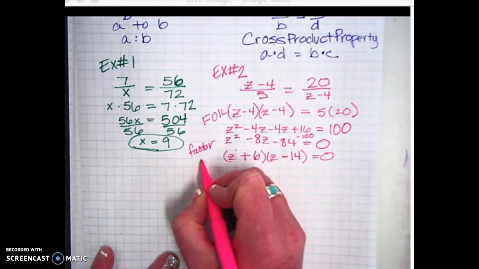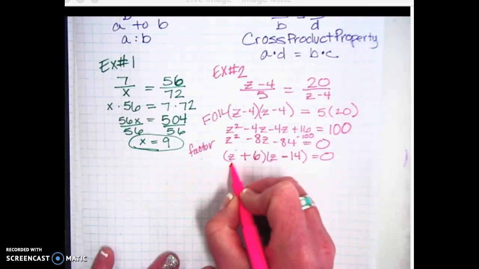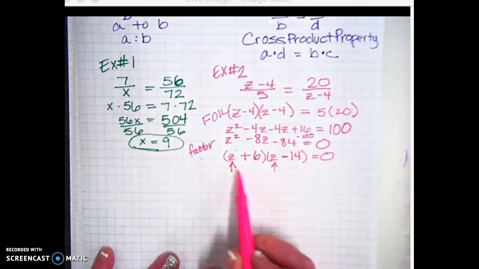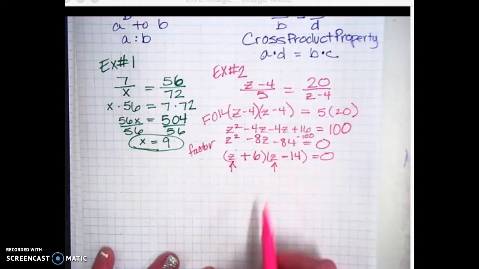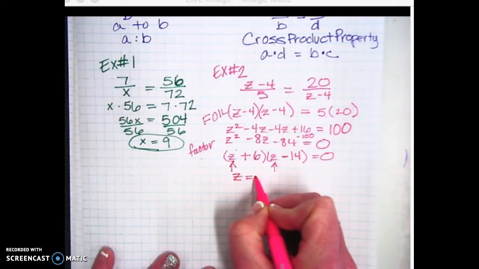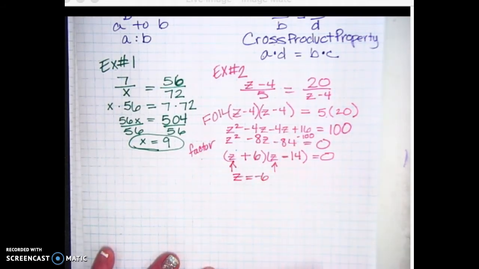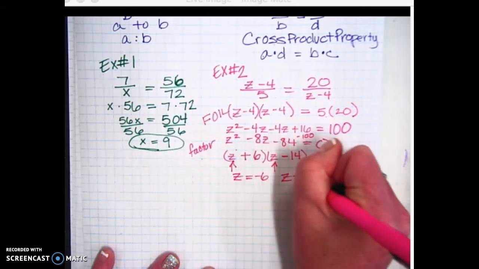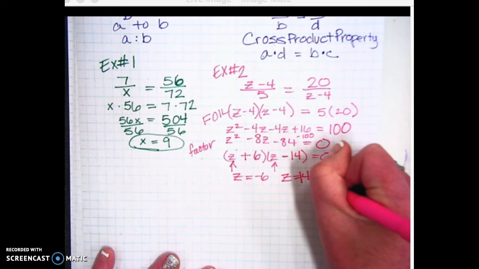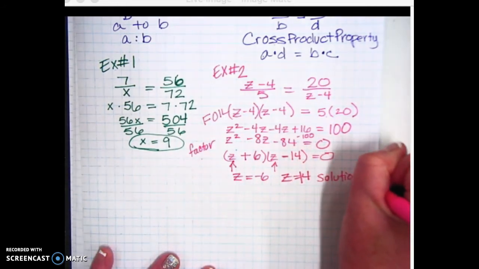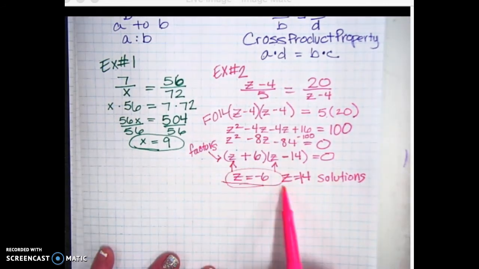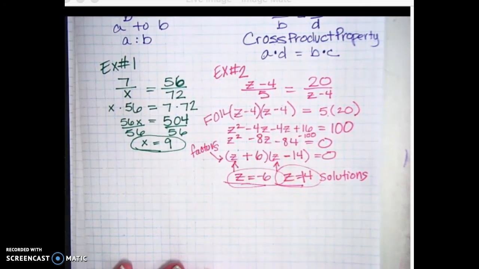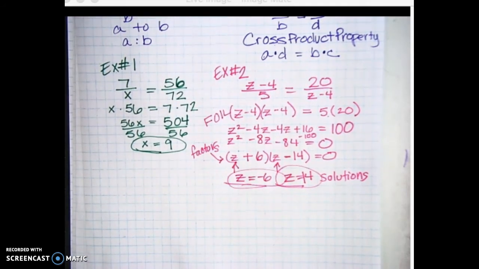So these are what we call your factors. And then to get the solutions, you say, what 2 numbers plug in here and here to make them 0? So what number could I plug in here to make this parentheses 0? Negative 6. And what number would plug in here? Positive 14. So these are called your solutions. So you've got factors right there and solutions. Z equals negative 6 and z equals 14. Okay? Finish copying that down. And then you guys